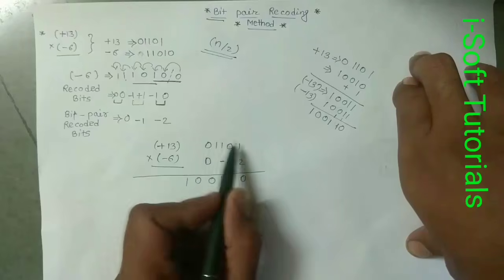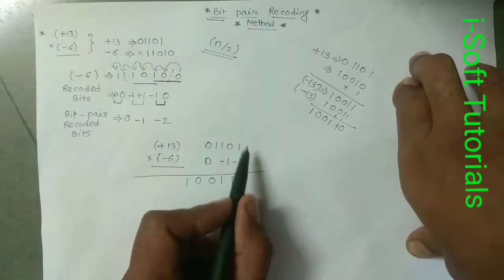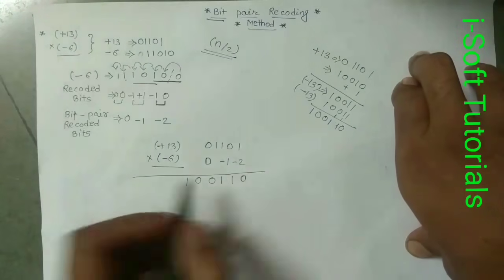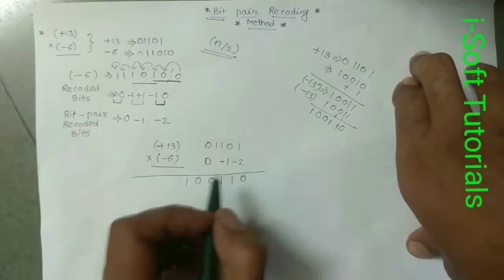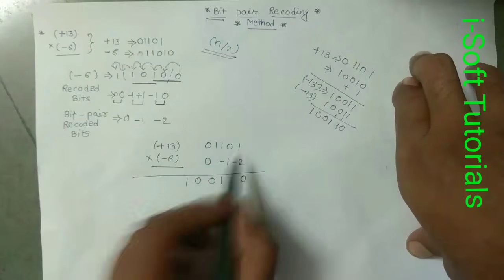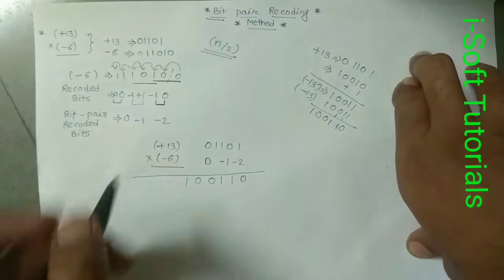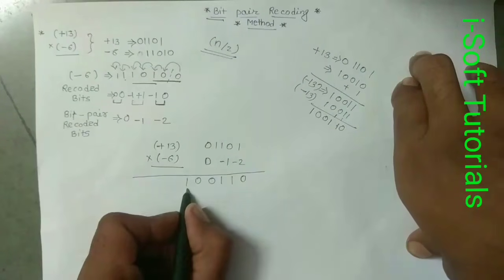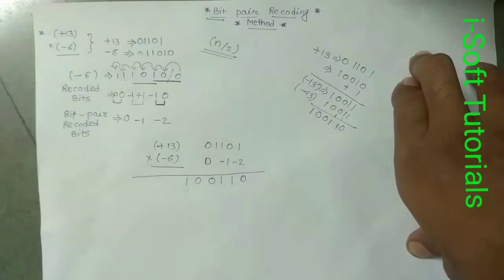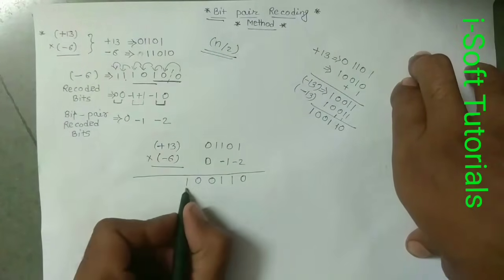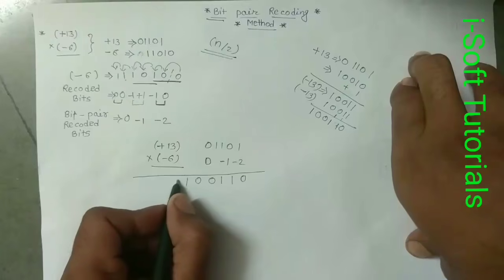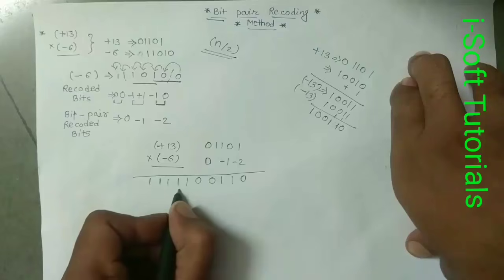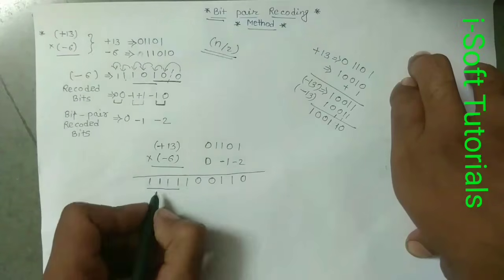What we have discussed is that an n bit number multiplied by an n bit number will produce a 2n bit product. That is, 5 bits are there, so it will produce 10 bits in the product. So these are a total of 6 bits, and we have to extend 4 bits again. We will check the sign bit. This sign bit is 1, so we will extend it 4 times. So we have extended these 4 bits.